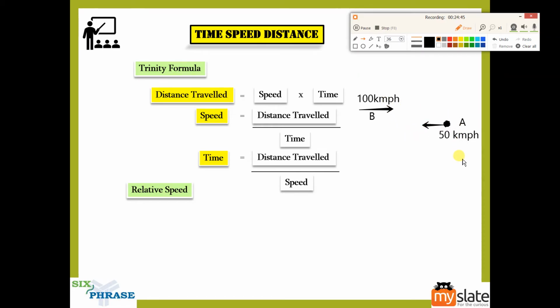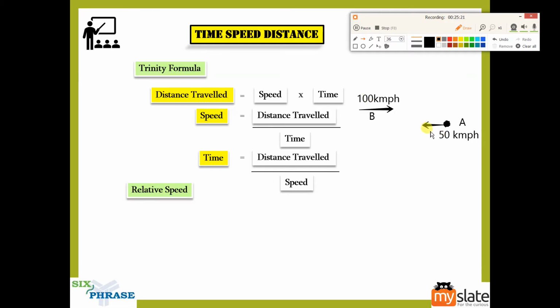If you look at a person who is coming in the opposite direction as you, especially when he crosses you, you will feel that he goes like zzz. That is because at that point when he crosses you, his speed and your speed are getting added. So you will feel like this guy is going at 150, but actually he's going at 100, because this 50 is getting added to it. Even in the previous case, when he zips past you, this speed and this speed are getting added, but because this was zero, it remained 100.